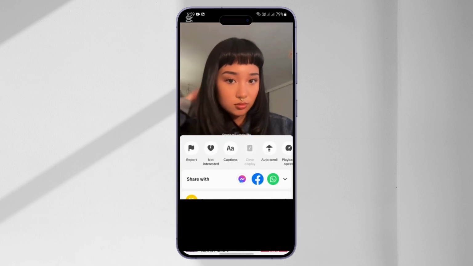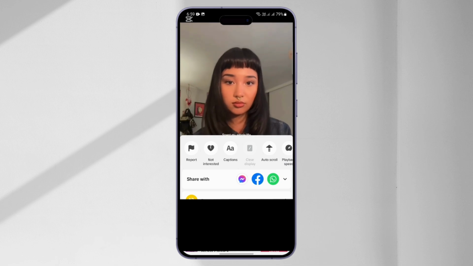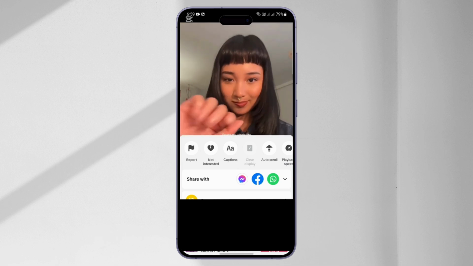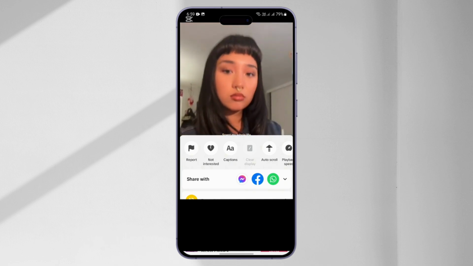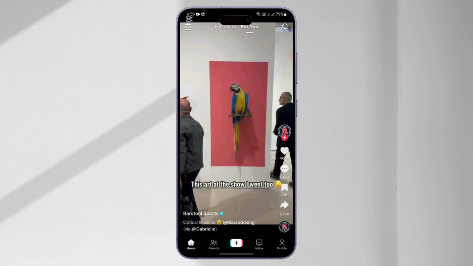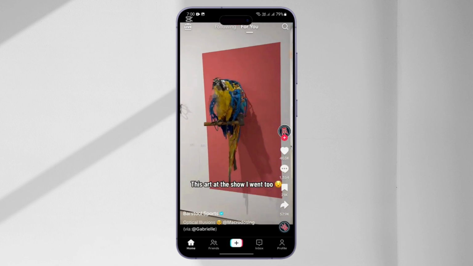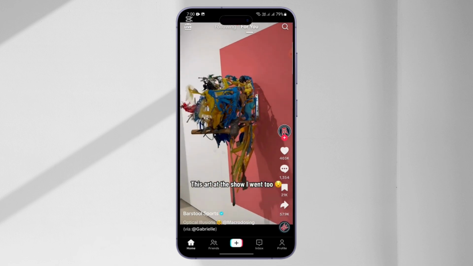You will find different kinds of options here easily, like report, not interested, captions, auto scroll, playback speed. You just need to tap on the second option called not interested, and when you tap on it, that particular video will be removed and they give you a pop-up saying they will show fewer videos like that. So that's how you